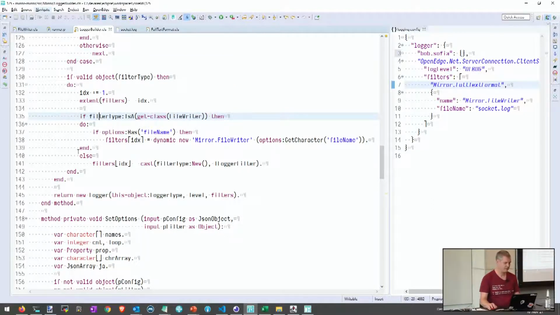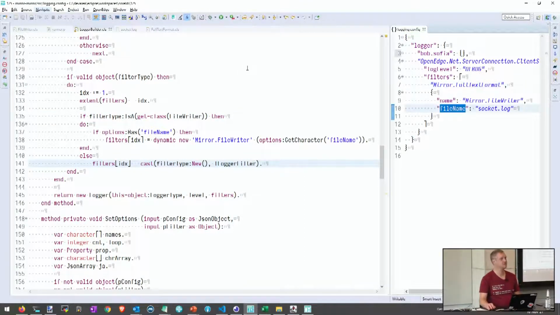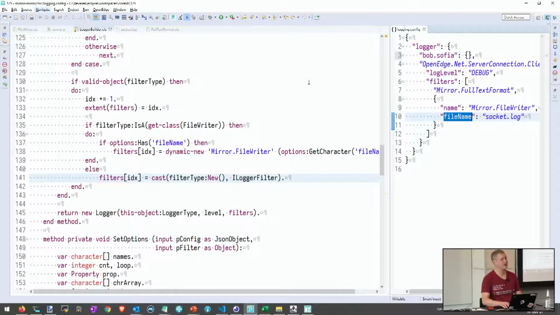So the first thing we will need to do is we can make some constraints on our code. The first thing we're going to say is, we want to set, for instance, this file name property. Can you make the font size in the editor twice as big?